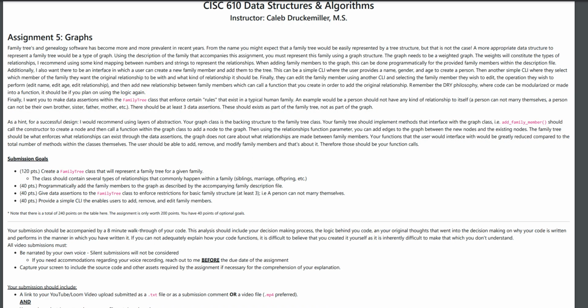My submission to the assignment 5, the graphs. So here we are asked to build a family tree. We were asked to have a graph structure to represent it, and this graph needs to be a weighted graph. So the way will constitute types of relationship,